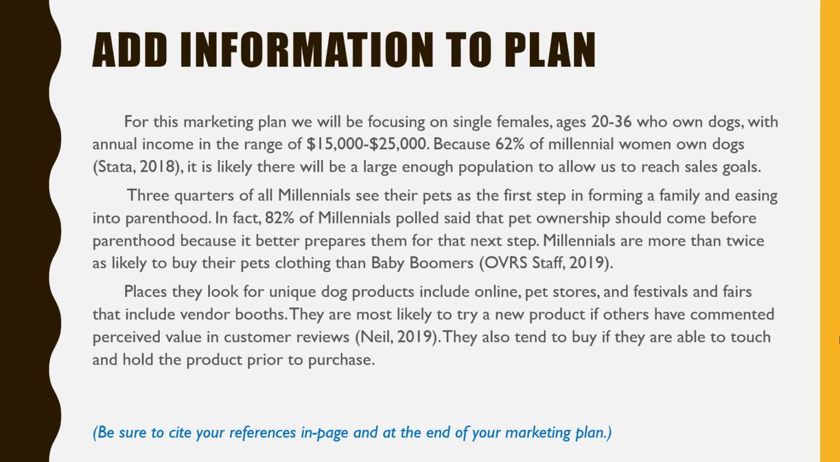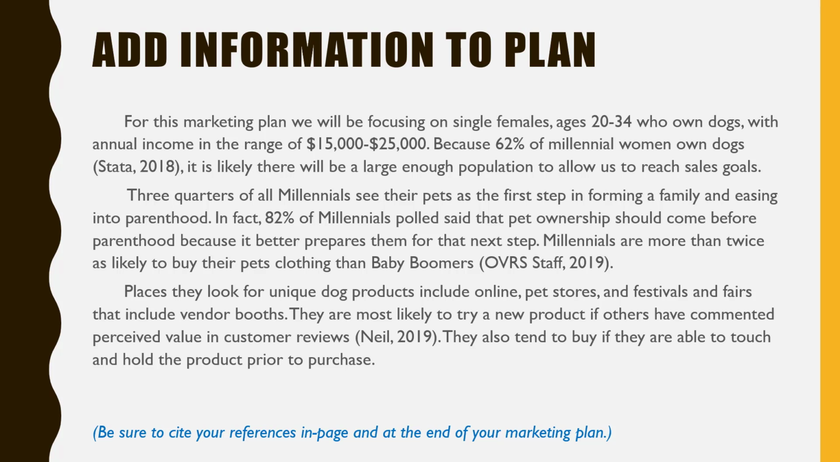Once you have all of your information gathered, you're ready to put it into paragraph form and then add it to your marketing plan. For this marketing plan, we will be focusing on single females ages 20 to 34 who own dogs, with annual income in the range of $15,000 to $25,000. Because 62% of millennial women own dogs, it is likely there will be a large enough population to allow us